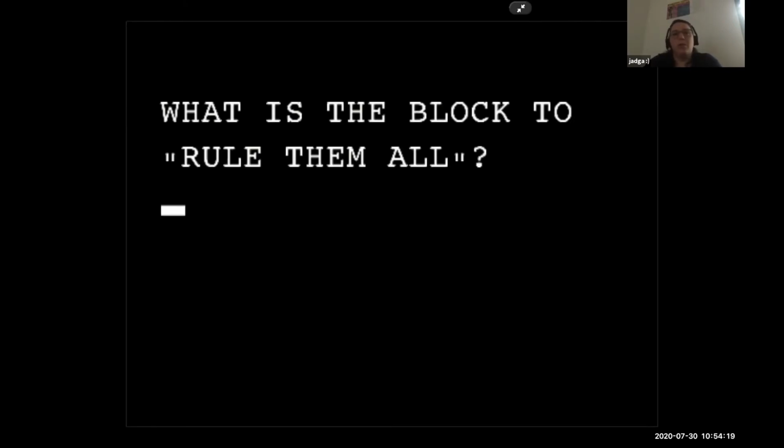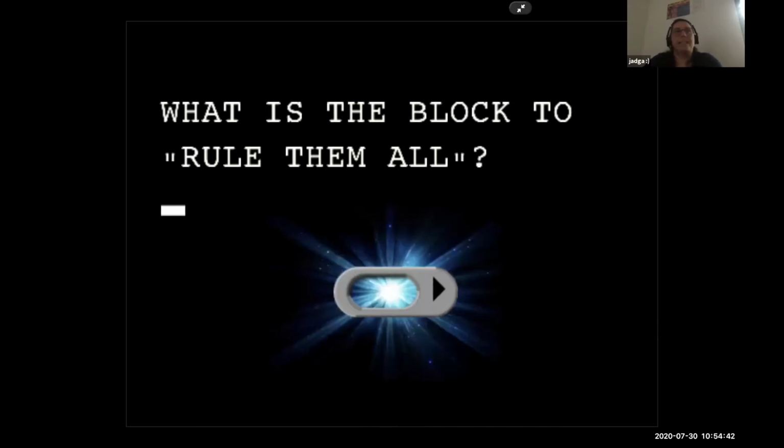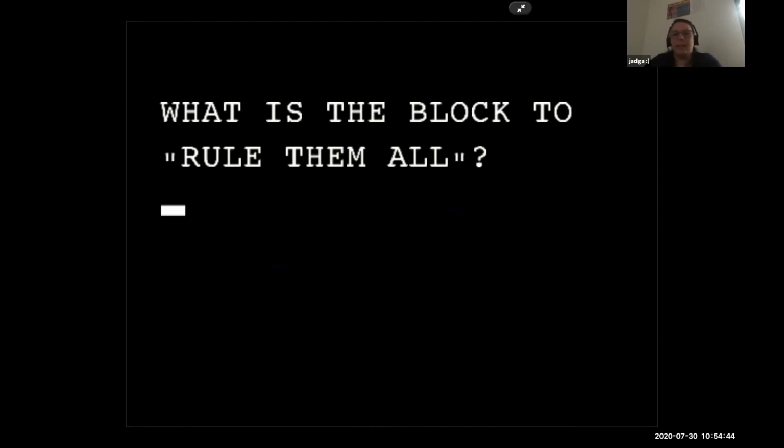Then I was asking around a little bit, and I was checking on Google, what is the one block to rule them all? What do people think is interesting in programming languages? Then I read a bunch of threads on Stack Overflow, and people were like, yeah, it might be loops, or it might be conditionals, or it might be whatever. But in our last SnapCon meeting, we kind of all agreed that it's definitely the rings in Snap, the part of Snap that turns functions into data. And now I just want to show you some examples of stuff that you can do with it.